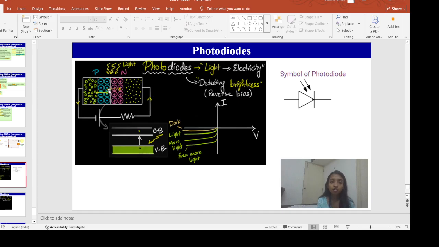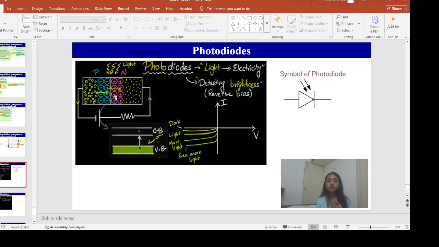Here, in the electron hole pair that is getting generated, you can see the electron will get attracted to the positively charged donor ion and will be repelled by the negatively charged acceptor ion, and it will get accelerated in this direction. The hole over here will get attracted to the negatively charged acceptor ion and repelled by the positively charged donor ion. So electrons are getting accelerated over here and holes are getting accelerated over here.